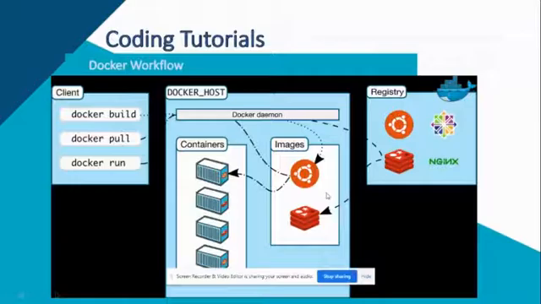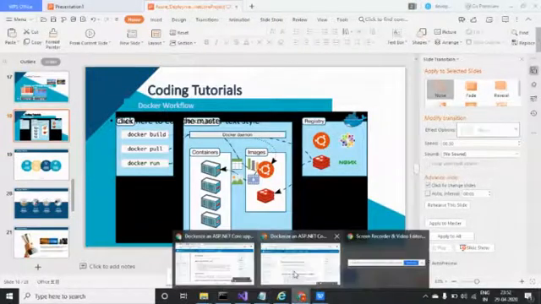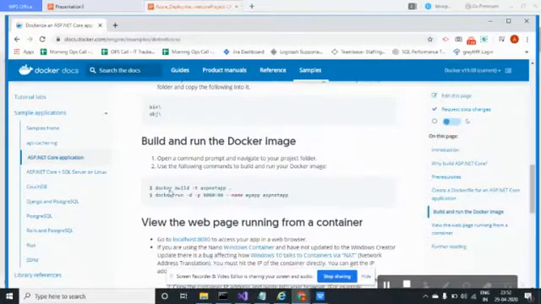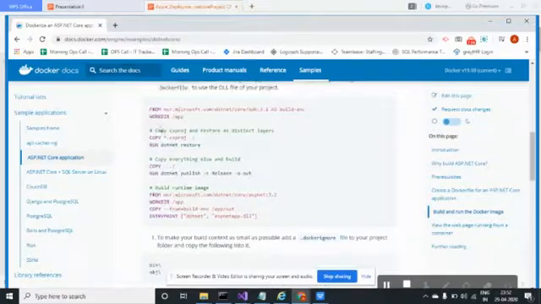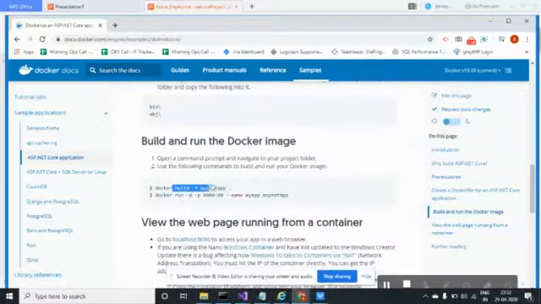That's it. Let me go to the documentation part. Here, this is my Docker file, and I have built it. Once you build it, it will become an image. So they're giving images like this. See here, I'm running my docker run. I'm giving the port numbers.